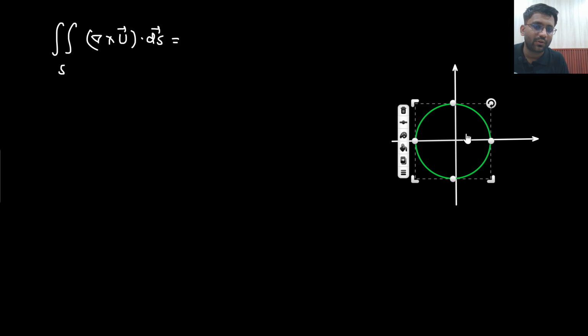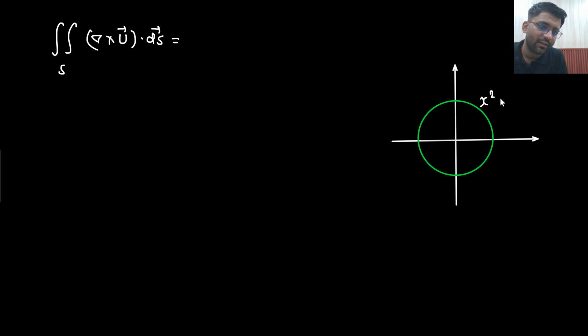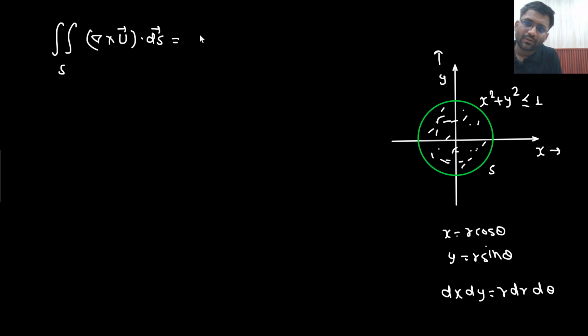What would that projection be? Two methods I told you, no? So, the projection will come out to be a disk, x square plus y square less than or equal to 1. So, this will be the projection. This will be my surface S. So, x equals r cos theta, y equals r sin theta, dx dy would be r dr d theta. So, when you solve it,